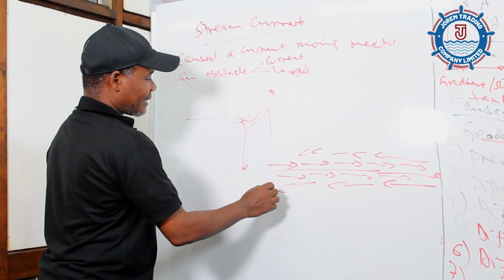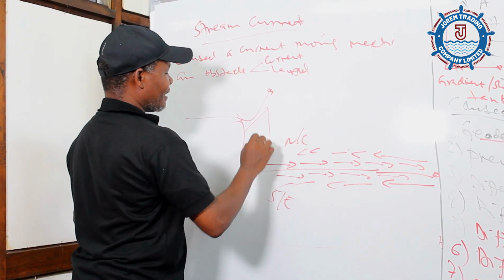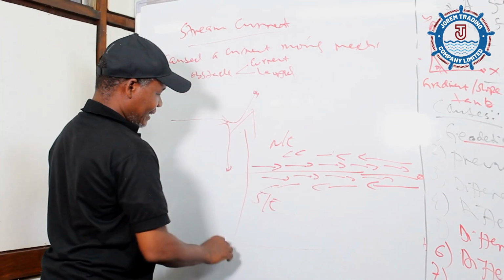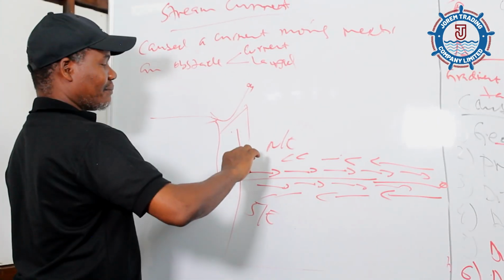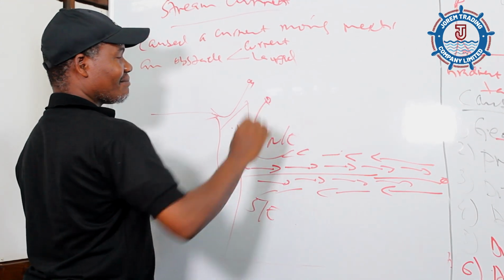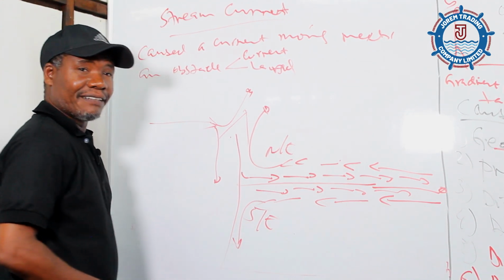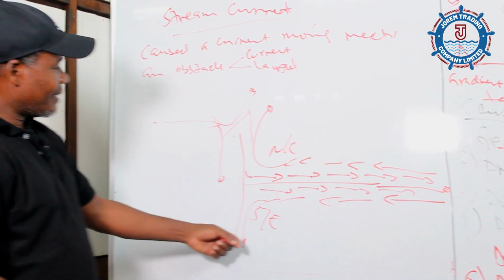But these two, the South Equatorial current and the North Equatorial current, when they get into the land, they are deflected by Coriolis force. The North Equatorial current will go to the right in the northern hemisphere, and this one will go to the left in the southern hemisphere. So in this case,